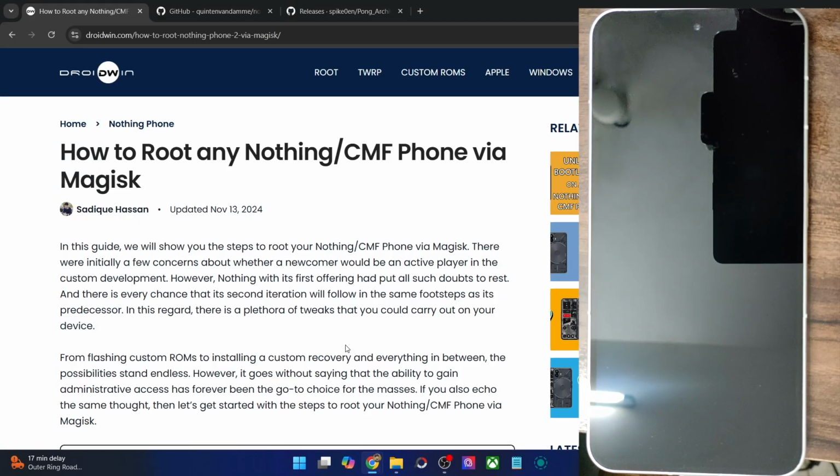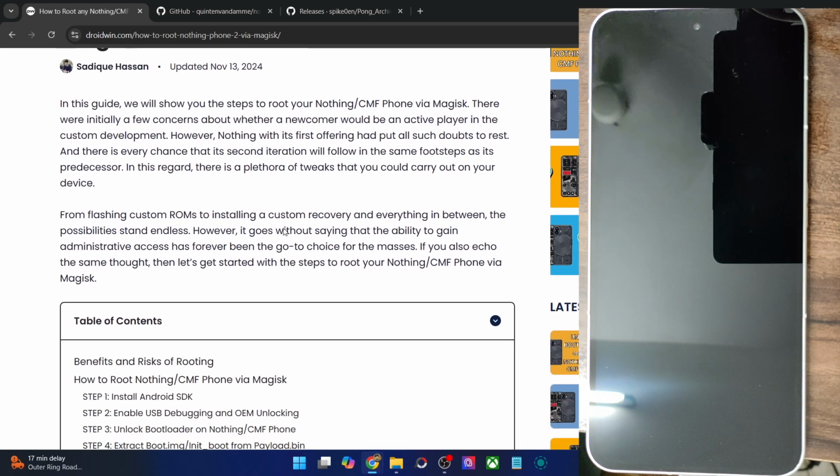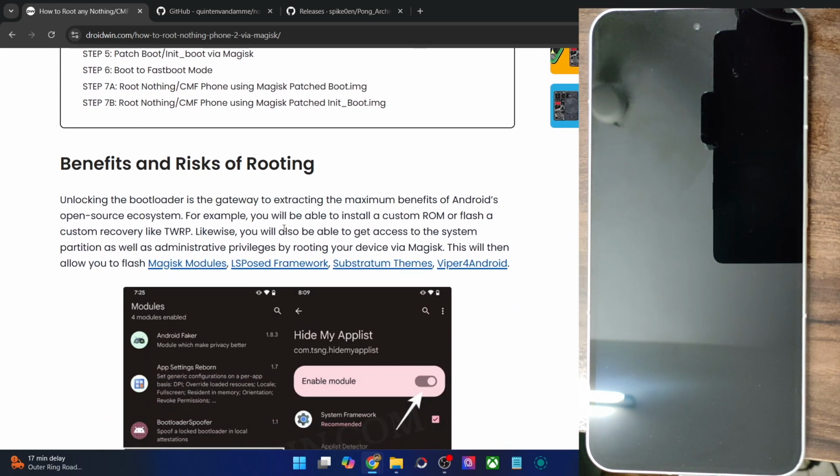Hi guys, this is Satyam from Rodwin.com, and in this video, we'll show you how to root any Nothing and CMF phone via Magisk. While you might already be aware of the benefits of obtaining root, for example, you